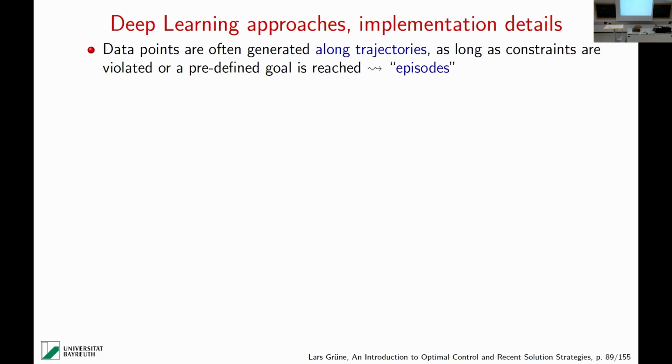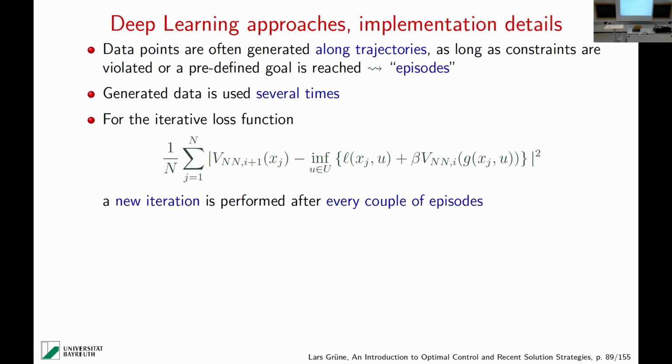Okay, so what also happens is that data points are often generated along trajectories. These are like the short pieces of the pendulum you just saw in the simulation. They are called episodes. And very often you use generated data several times, not only one time, so you use it again and again because there is some iterative learning. If you present the data again, well, this is something we all know, right? If you do an iteration based on Banach's fixed-point theorem, we also use the same data again and again, and still we get improvement. It's the same here, right? You don't always need new data. You can do an iteration twice with the same data and still get progress.